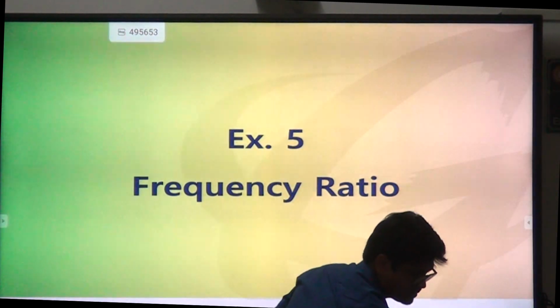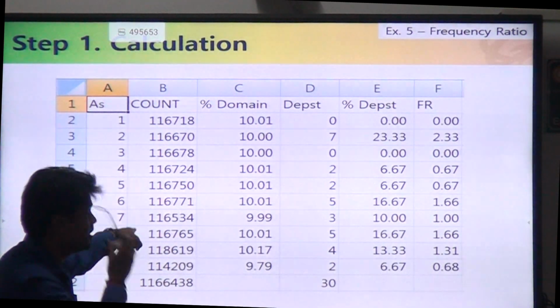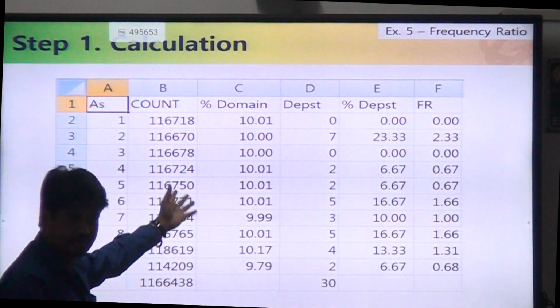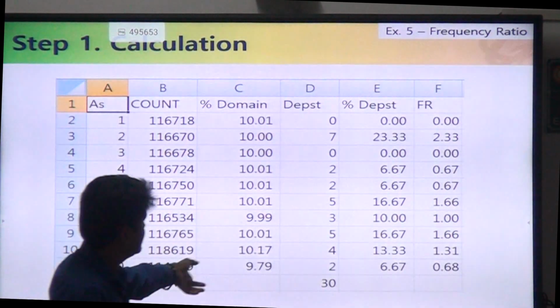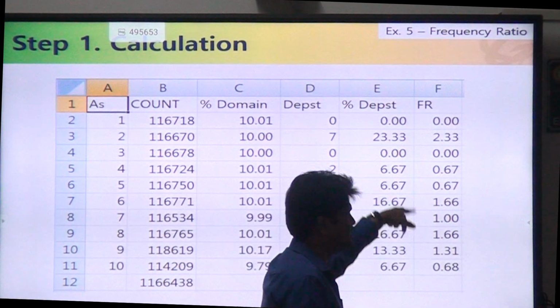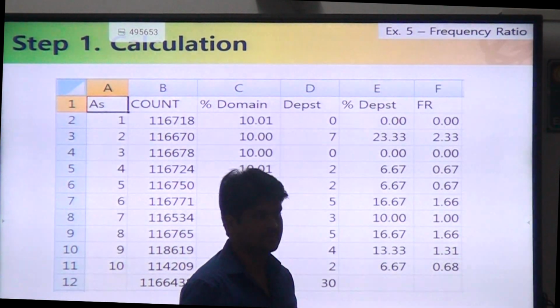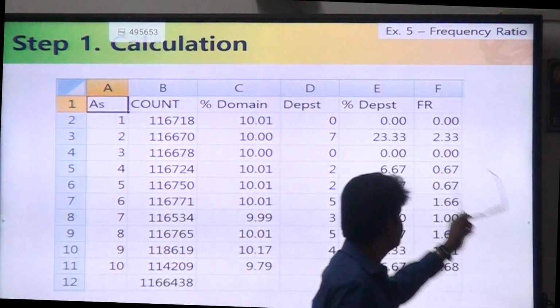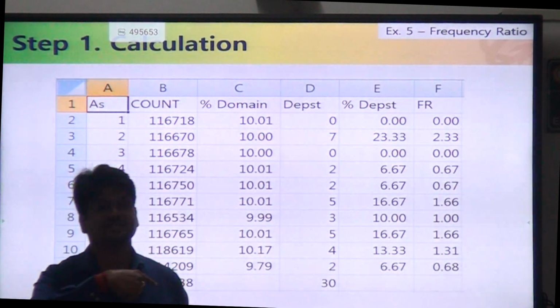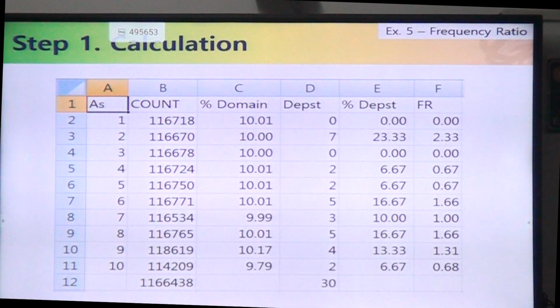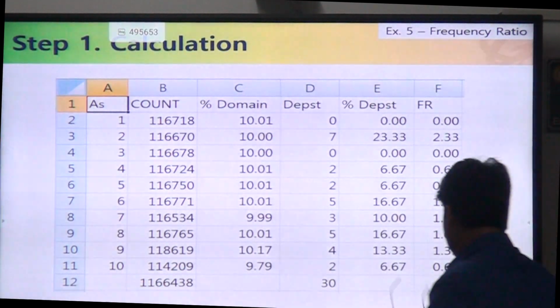See here, arsenic. How many pixels in each individual class? There are 10 classes, quantiles. Percentage of domain, because there are 10 almost equal areas. Number of deposits, and percentage of deposits. Then you calculate this divided by this, which becomes the frequency ratio. Then you take this, make it an integer, and reclassify your input data. Bring all of them to the raster map calculator, and then you produce your